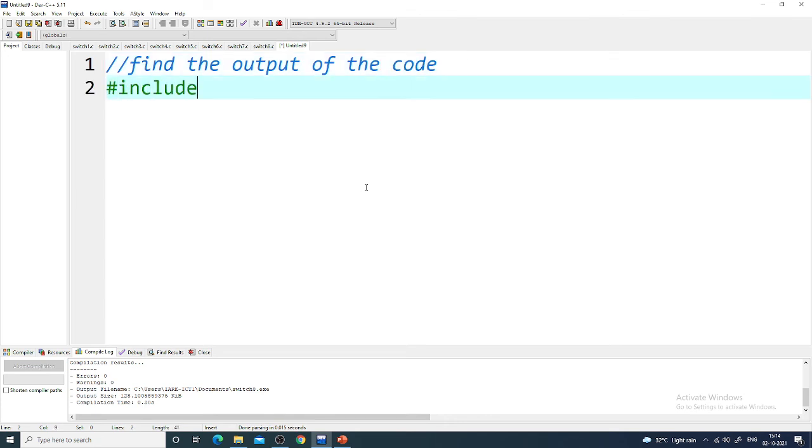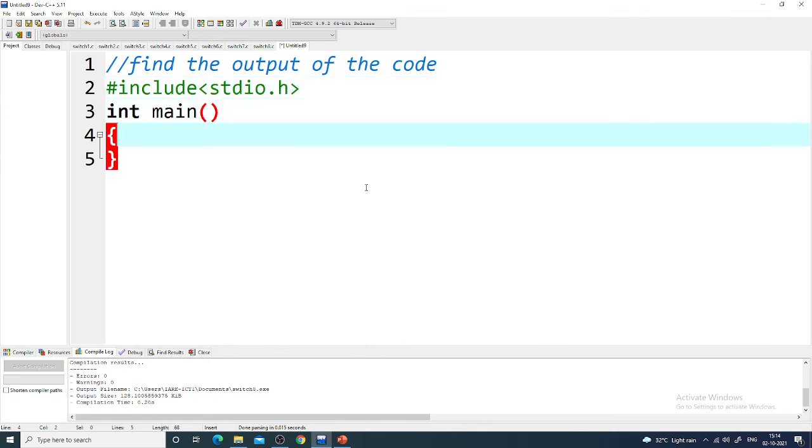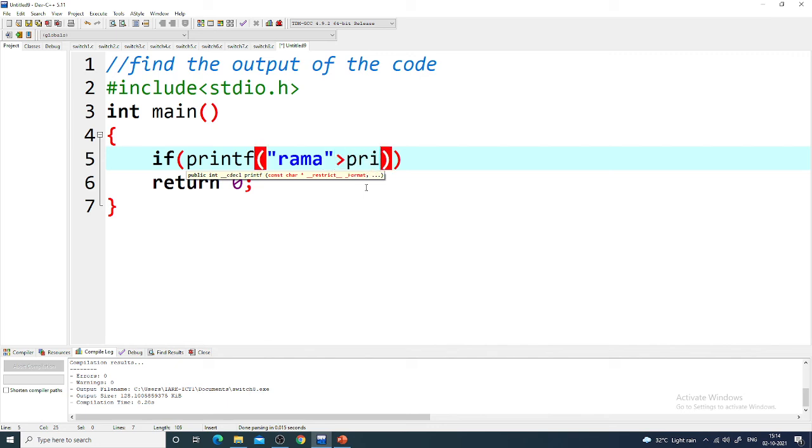#include <stdio.h>, int main and return 0. Now if you write an if statement like this: printf("Rama") is greater than printf("Sai"), let us write Sai in double quotes,